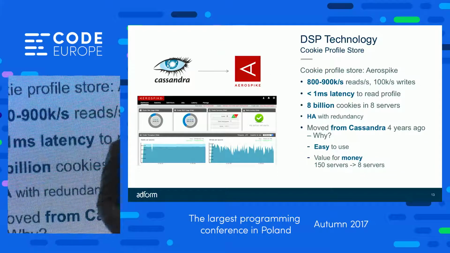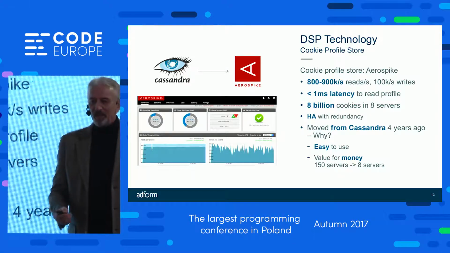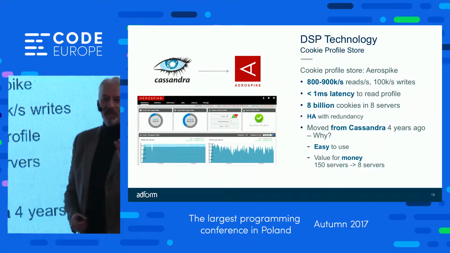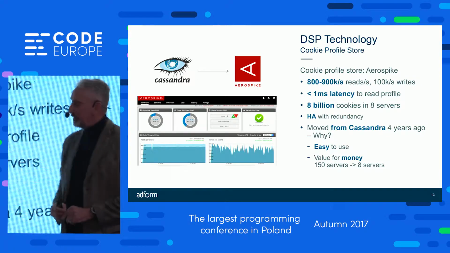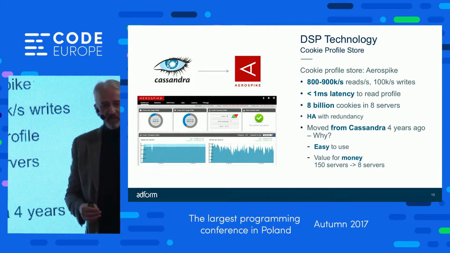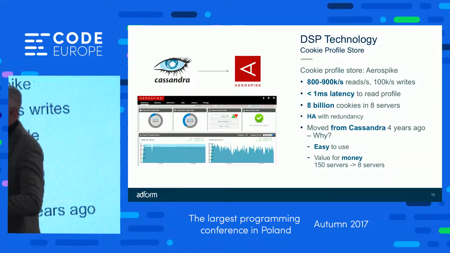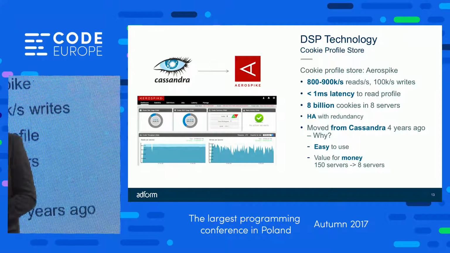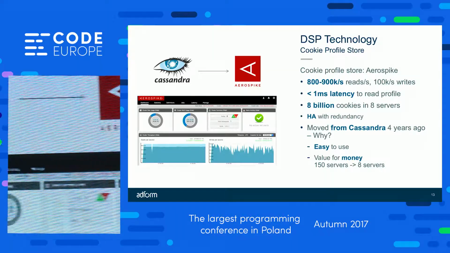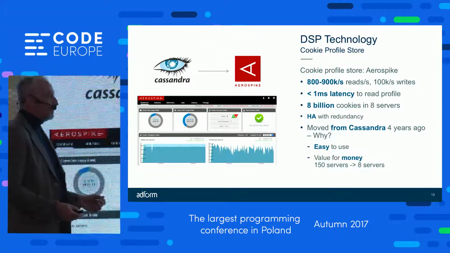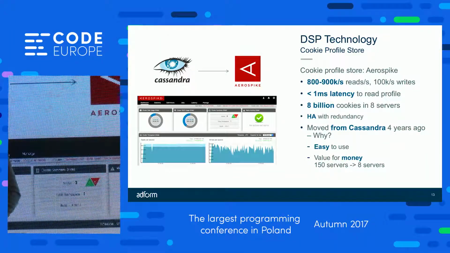So how do we do this? We need a database. And the database is primary key type lookup all the way along. So we've got to be able to read the database in a millisecond or so, understand the cookie profile, and decide what to bid on. In fact, we do that 6 or 7 times. We go to the database 6 or 7 times. We started out with Cassandra for this because Cassandra was a very popular technology. In fact, it's a fun technology. I quite like Cassandra. But after 2 years of fighting with Cassandra and not being able to keep up our throughput rate, we moved to Aerospike.